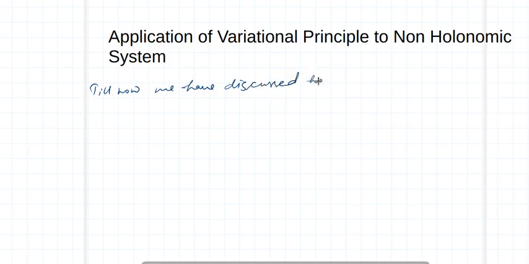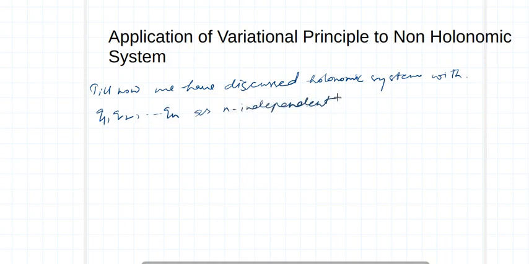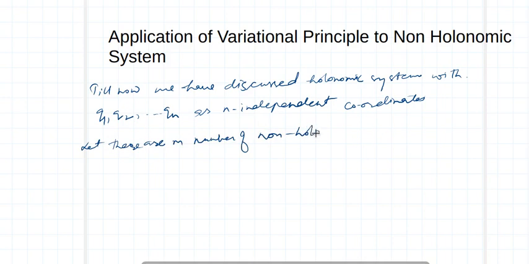discussed holonomic system with q1, q2 and so on qn as n independent coordinates. So let there are m number of non-holonomic constraints